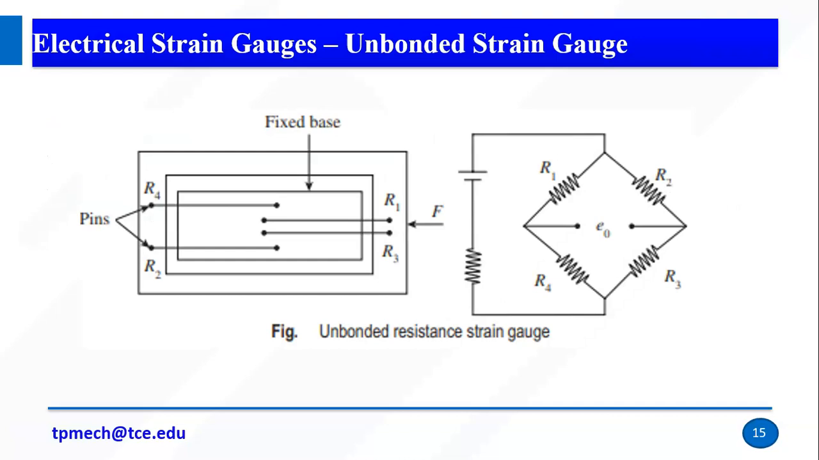So we have two more types of electrical strain gauges. One is unbonded strain gauges, another one is the bonded strain gauges, right? Okay, so what's the difference between these two, unbonded and bonded? The name implies, the name le irukku unbonded in the sense